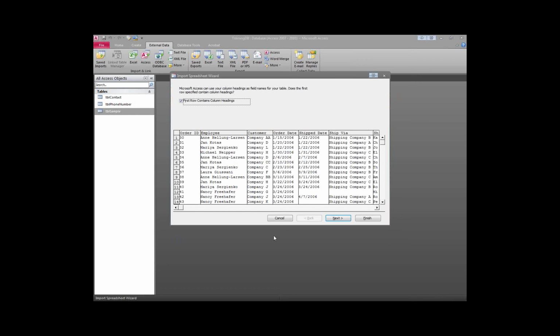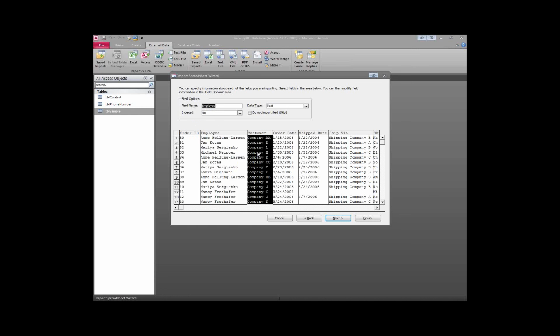Once you click on OK, it's going to bring up a view of the table that you're trying to import. And it's going to ask you if the first row contains column headers, it's going to guess on your behalf. In this case, it does. And so we're going to leave that checked and click next. And now, whereas when we create a table, we create our structure, right? Same thing here. We're importing and we have to tell it what the structure is. So for each column, we're going to click and you can see it highlights each column. And as we go through, we want to look at this data type section to make sure it's picking the